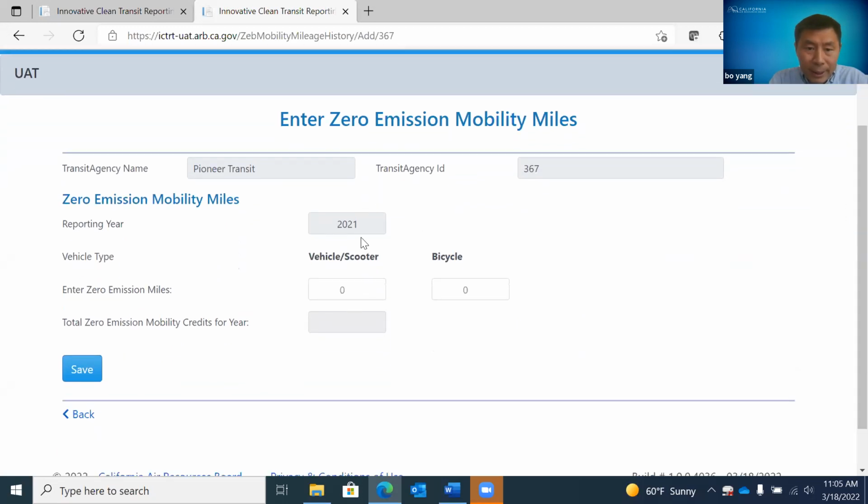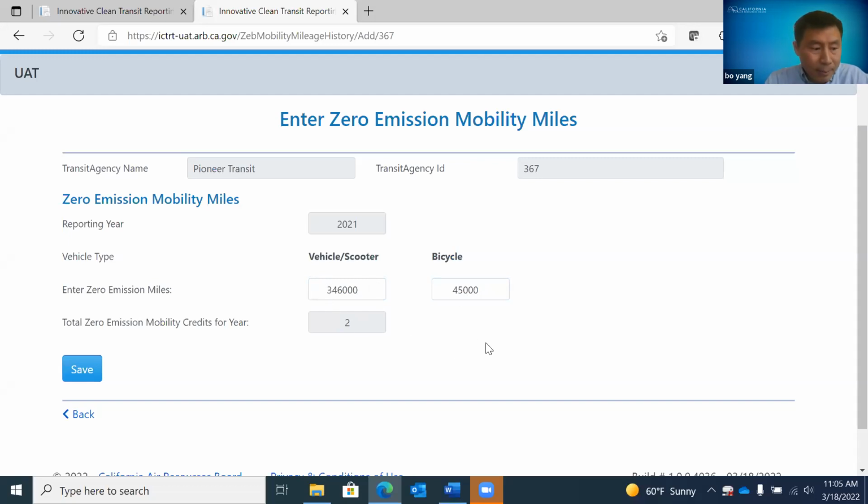The year is already given. For example, this transit agency had this many vehicle and scooter passenger miles, and for bicycle, it also has this many miles. The reporting tool will automatically calculate the mobility credits based on the miles